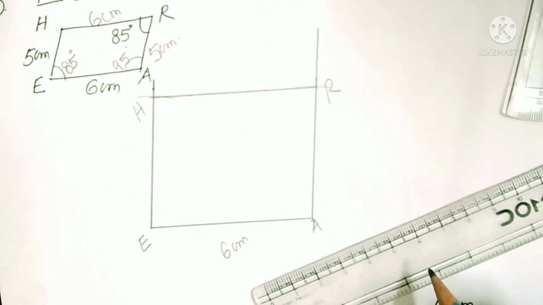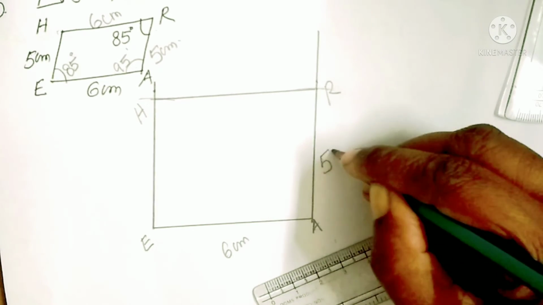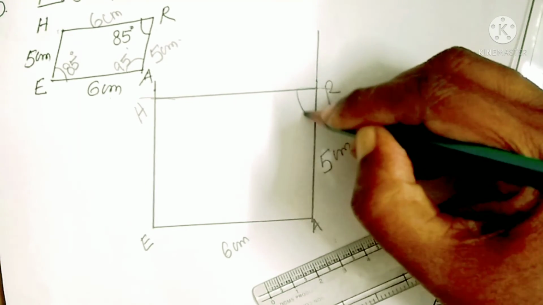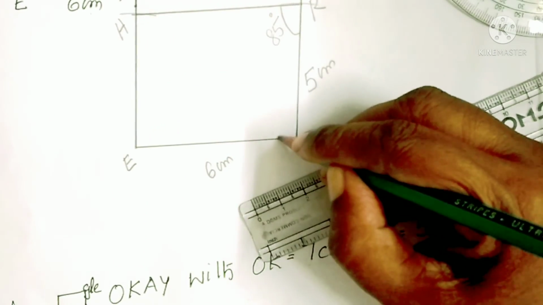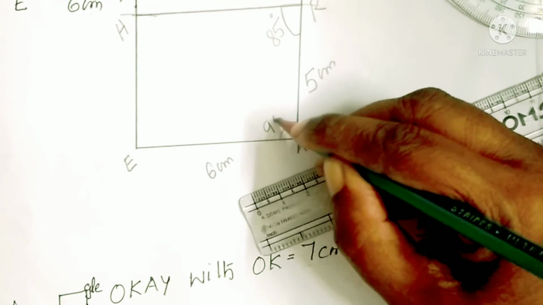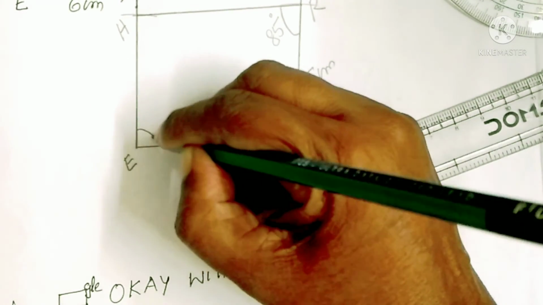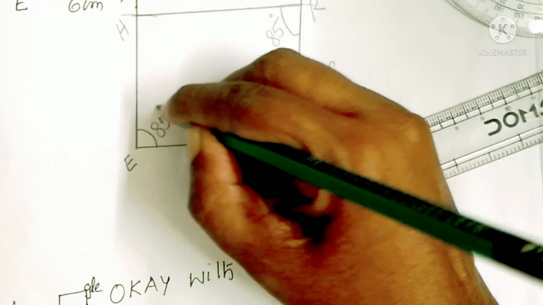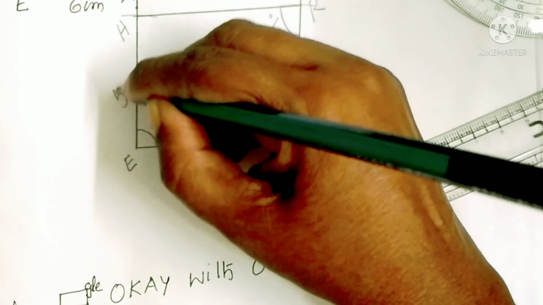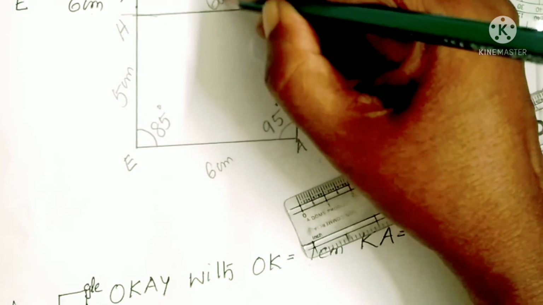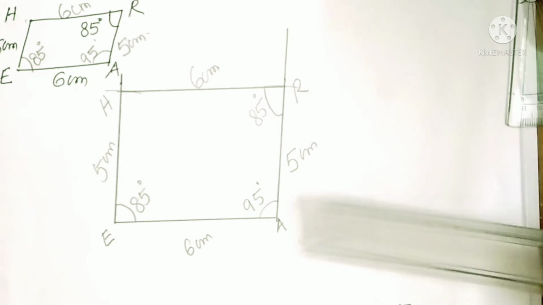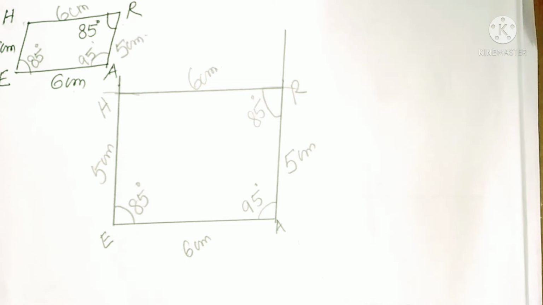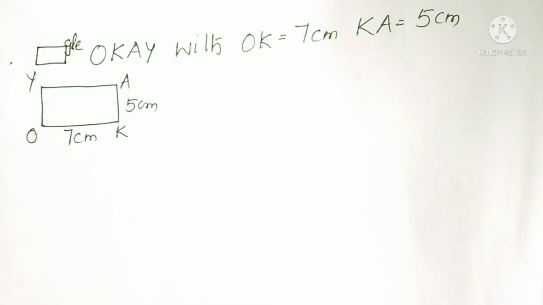Now, what all information do we know? Let us write. This is 5 centimeter, this angle is 85 degree. So, we can also write our measurements whatever we know, 95 degree, this is also 85 degree, this is 5 centimeter and this will be 6 centimeter. It is not compulsory to write whatever we know, but if you write it looks nice. Okay. Now, write the steps yourselves. Now, let us see question number 4.